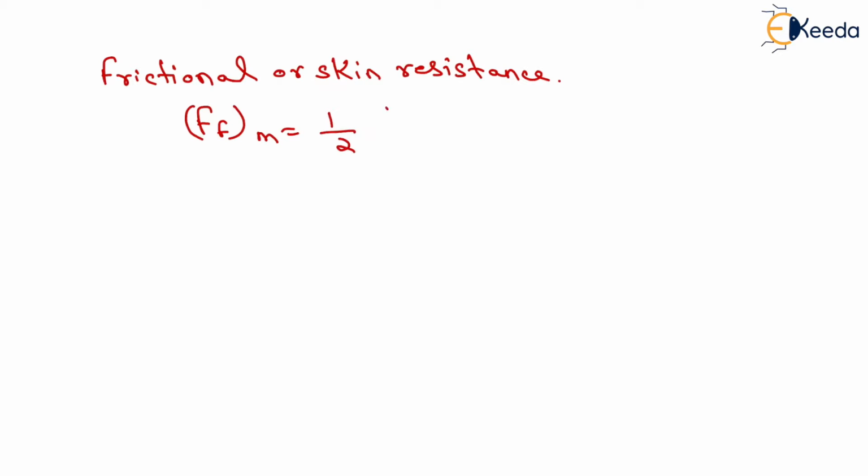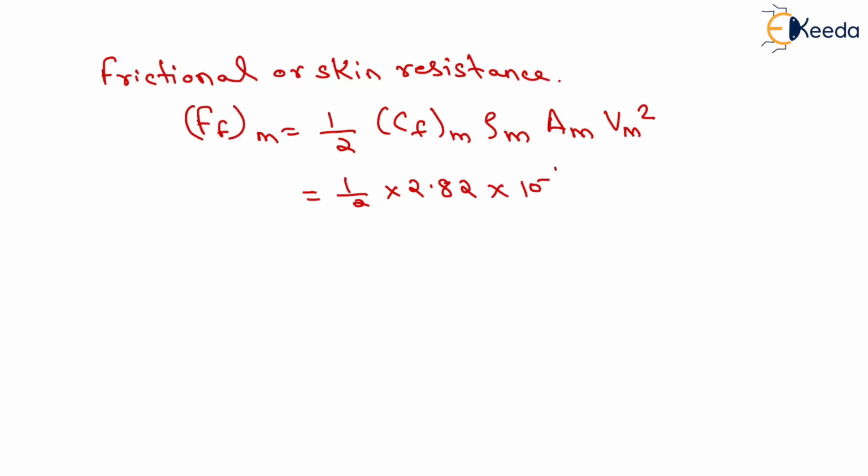Now frictional or skin resistance will be equal to half of Cf for model, rho for model, area for model and velocity for model whole square. So on putting the value of all these parameters, that is half of 2.82 into 10 to the power minus 3 into 1000 into 5 into 1.5 square, on solving this, we will have the value of frictional or skin resistance of model equal to